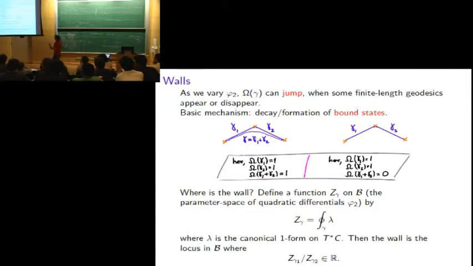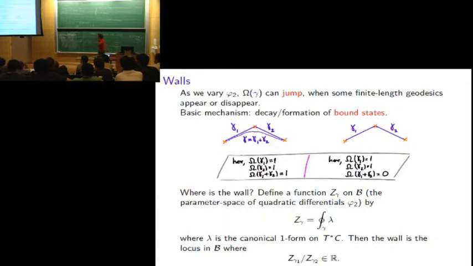Now, as I vary my quadratic differential, this picture will change. And what can happen is that this geodesic becomes closer and closer to the union of the other two. So it's passing closer and closer to that 0 at the top. And as I move my quadratic differential closer and closer to some wall in the parameter space, right when I reach this wall, this one actually degenerates into the union of those two. And then on the other side of the wall, I only have these two, and I don't have the third one anymore. So that's this phenomenon of wall crossing of Donaldson-Thomas invariants in this very concrete situation. That's all it is. So here, omega of gamma 1 plus gamma 2 now equals 0. And so these invariants have changed.